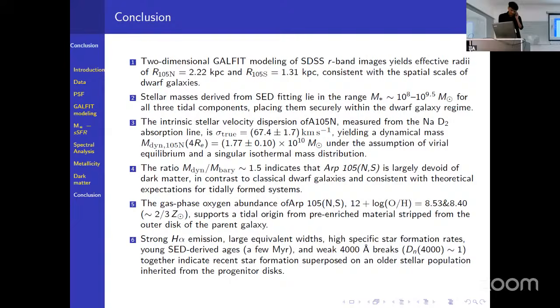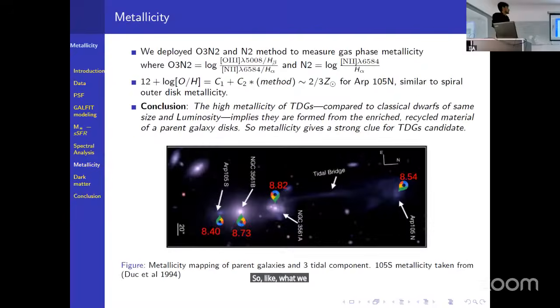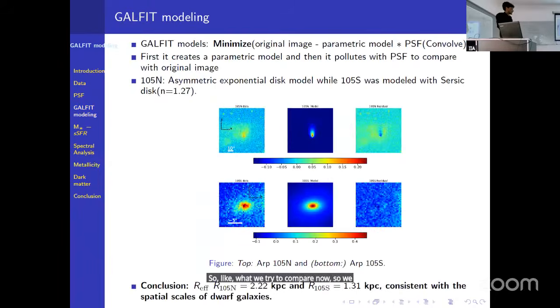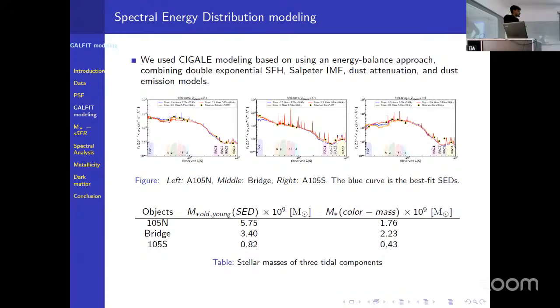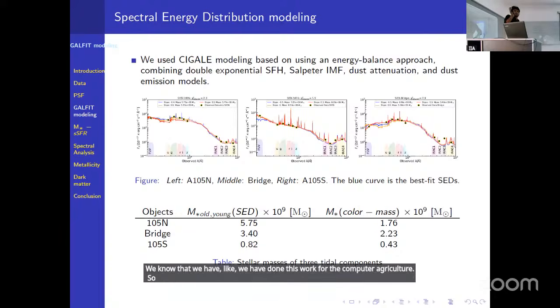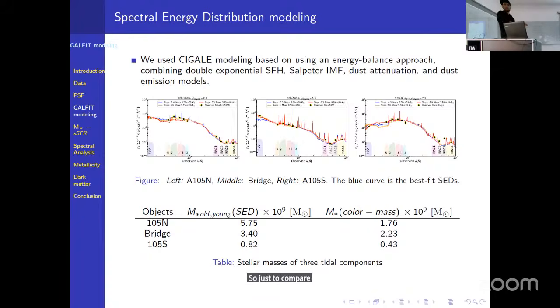Okay, so what we try to compare now: we have measured masses from two different methods. This also uses the factor of awareness, so that's why we use the factor to compare these masses. Then we have done this one also. So this gives slightly higher masses. Just to compare these two results, we can also give a different angle, but for comparing results, we have chosen this arbitrarily.